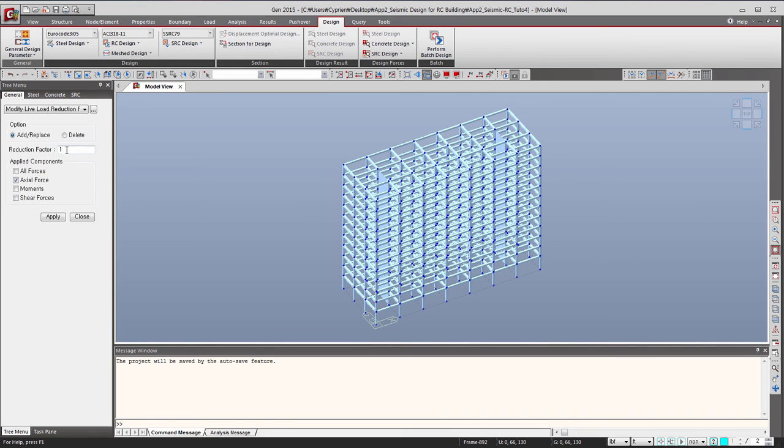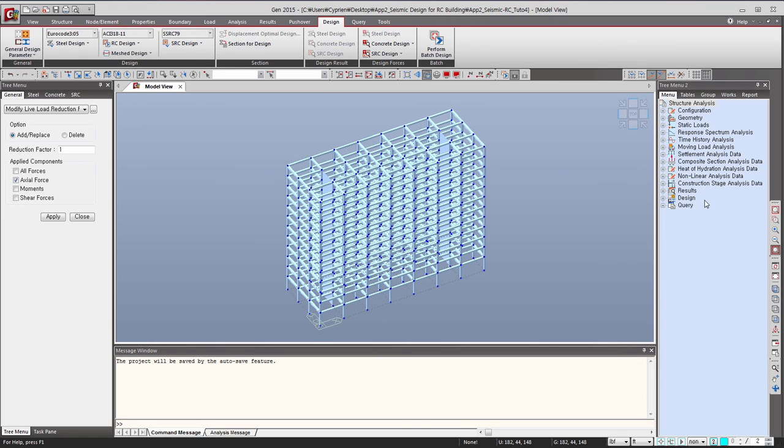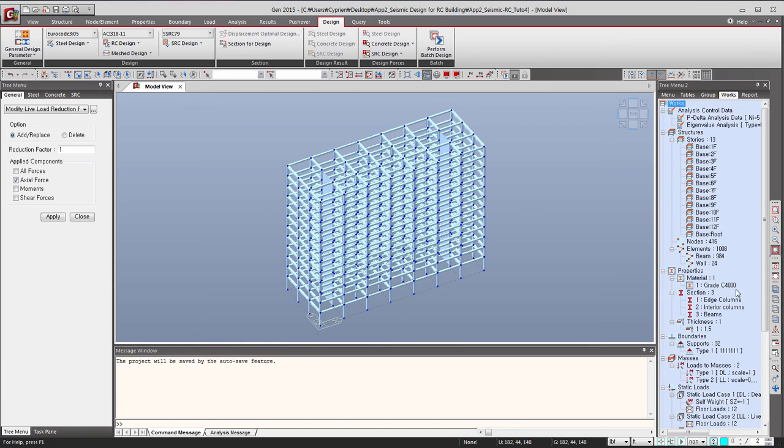So to do that I have to select the different type of vertical members. So what I'll do is that I will activate the second tree menu. So maybe you don't know you can do that, but you can use this to select very quickly, for example, the edge columns. So I just double click here and all the edge columns in my model are selected. So now for edge column my coefficient is 0.69. Apply,